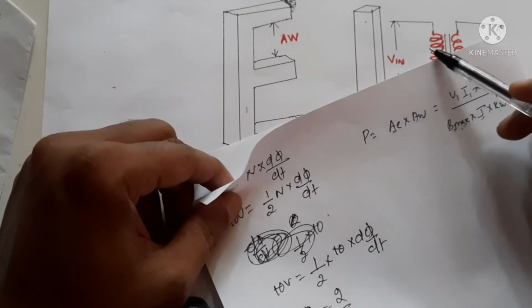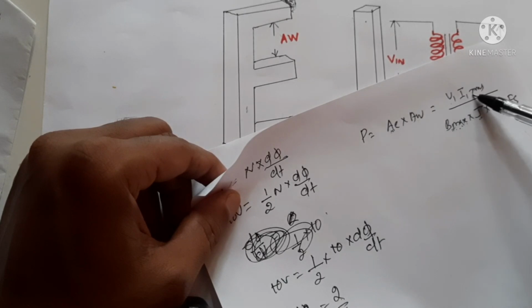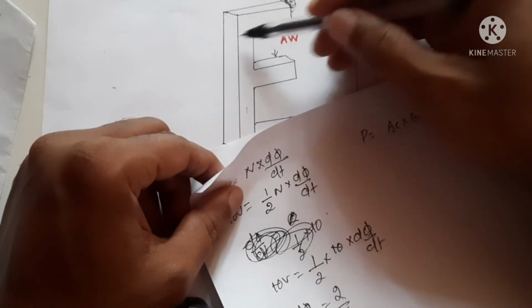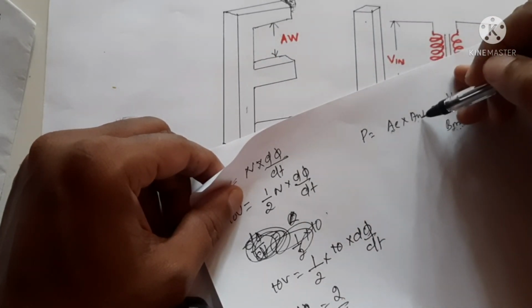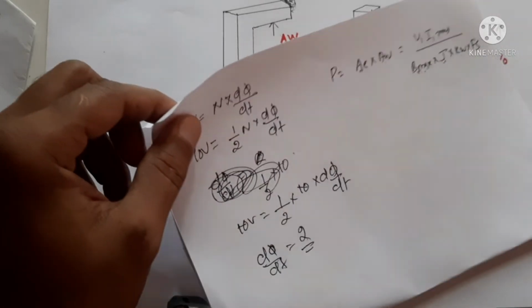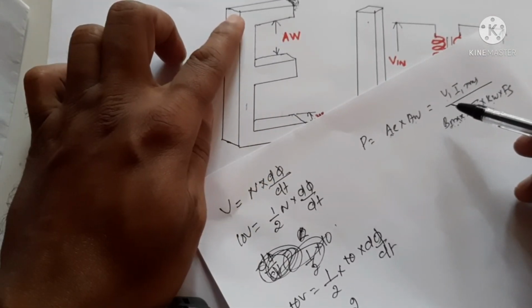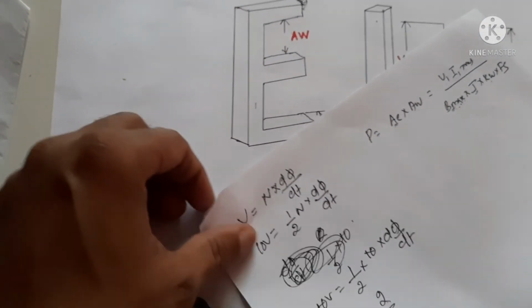If the input voltage is high, we have to use a high core area, and if the current is also high, we have to use thick wires. Then also we want more area, but the core area is mostly related to voltage rather than the current.